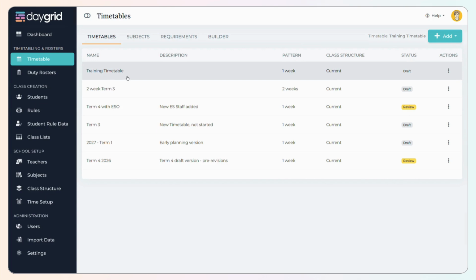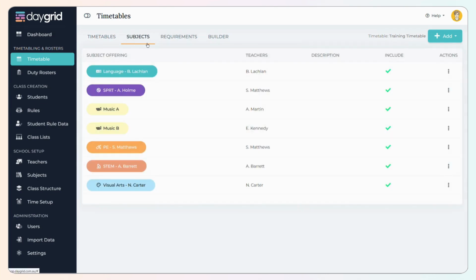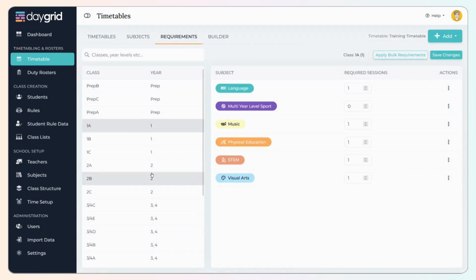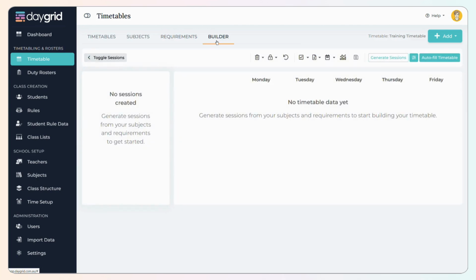Okay, so we are in the timetable section. We are working with our training timetable that we've set up before. We've already made sure our subjects and subject offerings are set up the way we like it. We've set the requirements for the sessions across the year level, and now we are into the Builder tab. Okay, so this is the main grid, the main section where you'll be doing all your work in building those